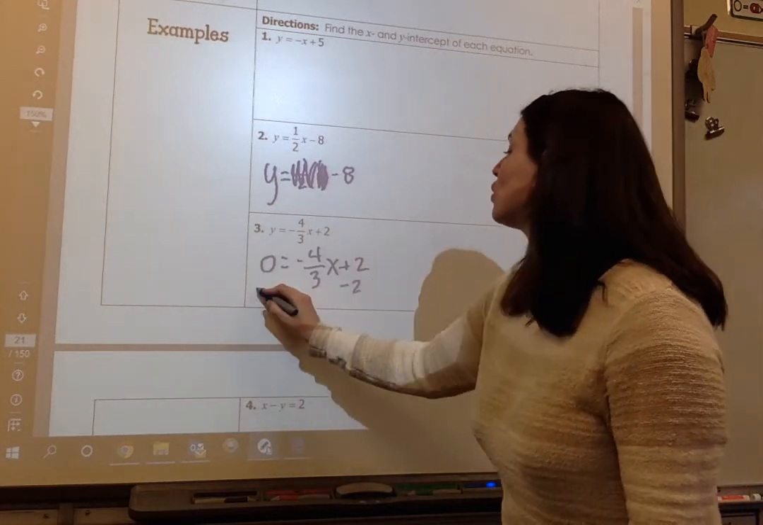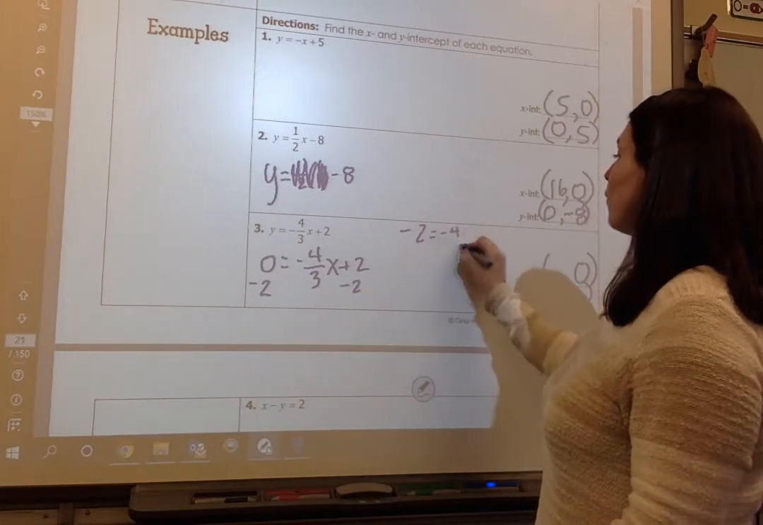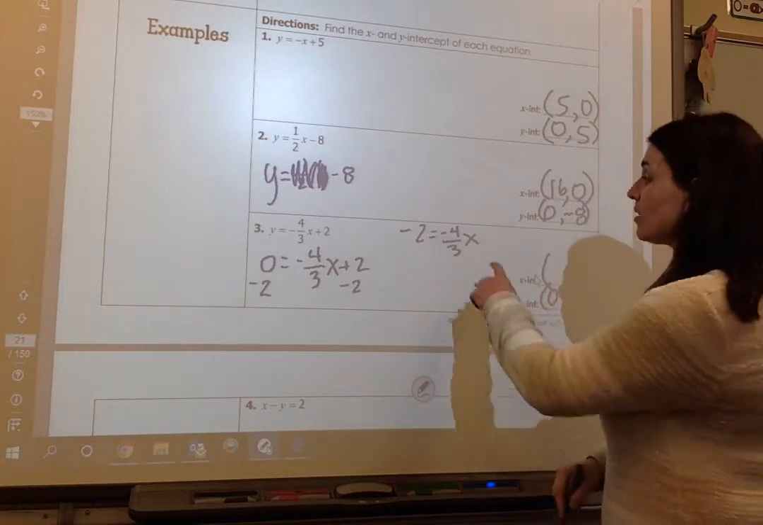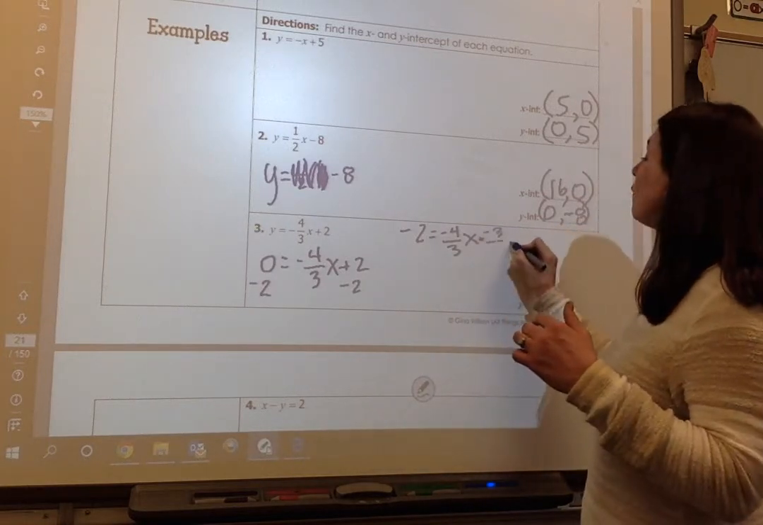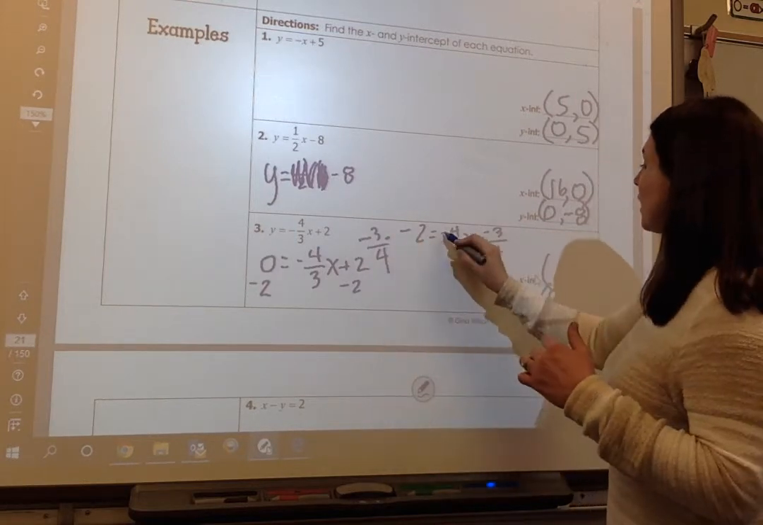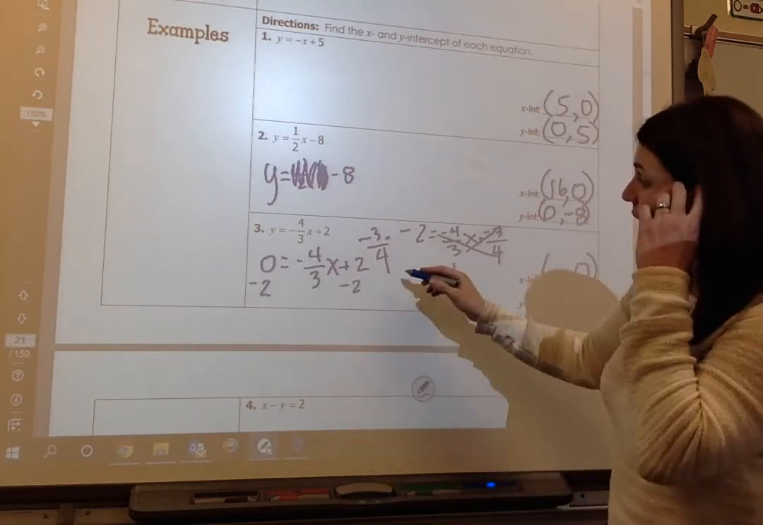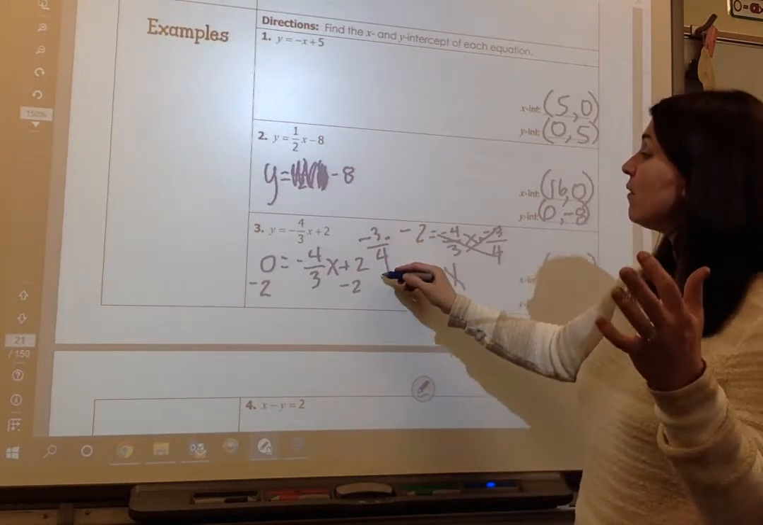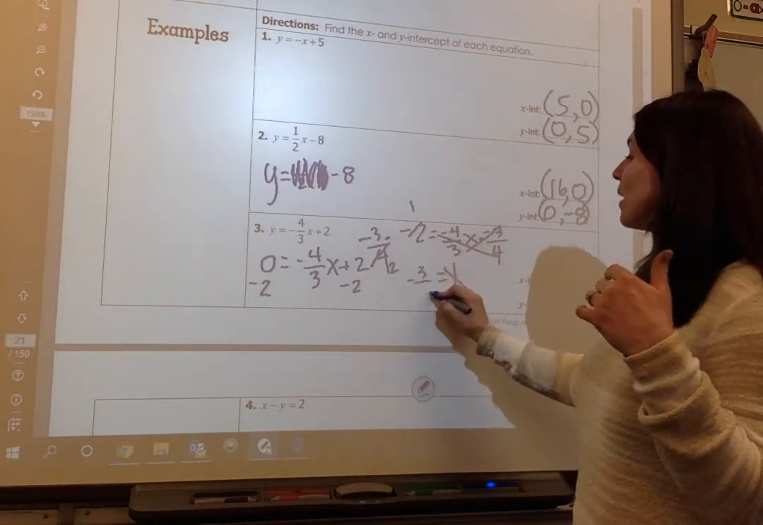So I'm going to subtract 2. I'm going to go up here with it. -2 equals -4/3 x. And now I solve for x. So I'm going to do the multiplicative inverse. I'm going to multiply both sides by -3 over 4. Those cancel out, and it gives me x is equal to 1x. And then here, negative times a negative is a positive. 4 and 2 reduce, and I get